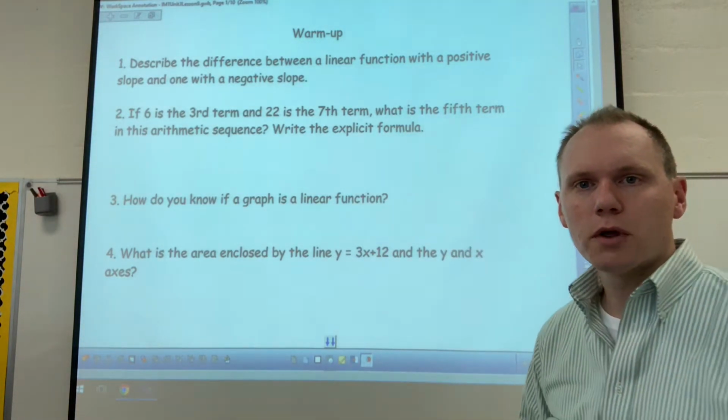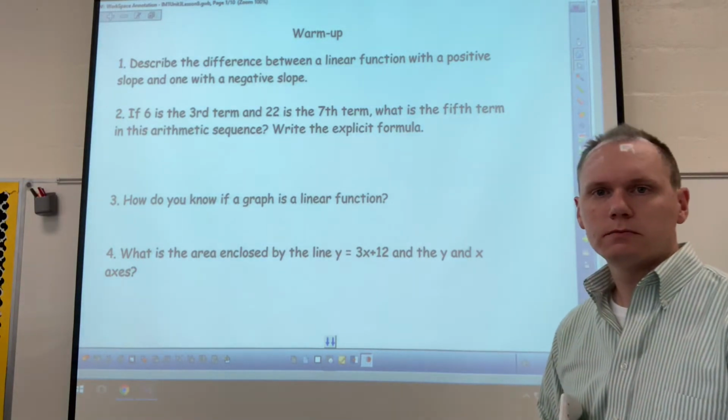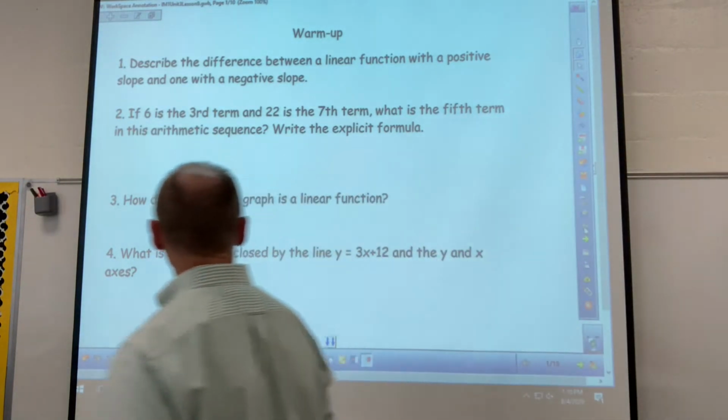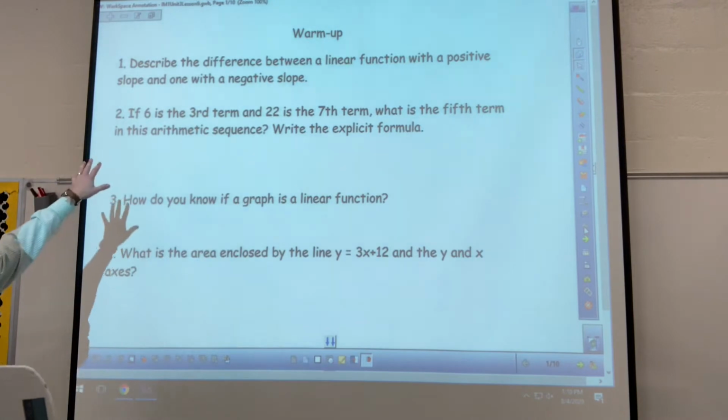4 problems here for you. Go ahead and try to do those. Okay, in number 1, describe the difference between a linear function with a positive slope and one with a negative